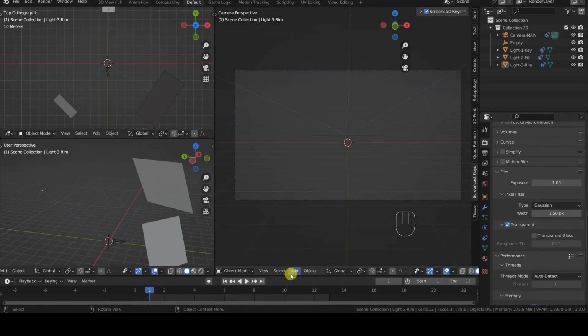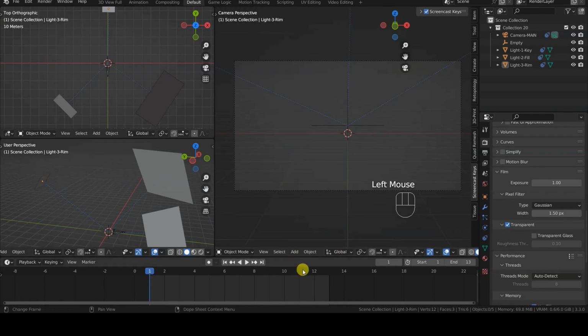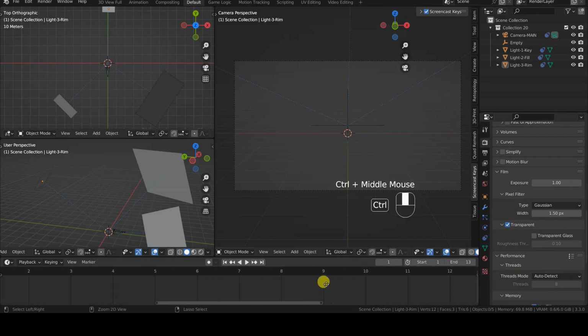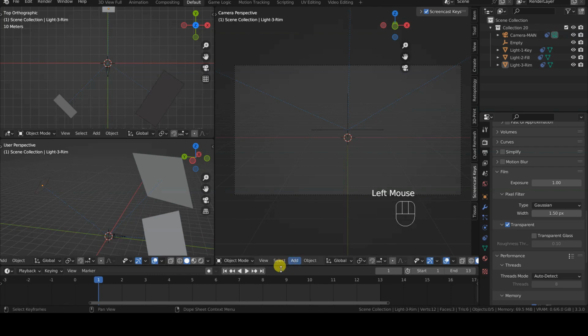The last setting for this template file concerns the timeline and, in general, the duration of the animation to be made. These parameters depend on the requirements of the various stores, so here I will show a couple of examples. If the store requires a movie, or if you intend to make a movie clip to publish on YouTube, on social media, or on your website, then you need to set a number of frames equal to the duration of the animation in seconds multiplied by the desired number of frames per second. For example, to make a 10-second movie to play at 25 frames per second, you will need to set 250 in the end field of the timeline.